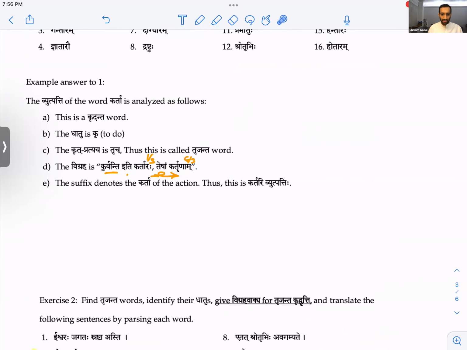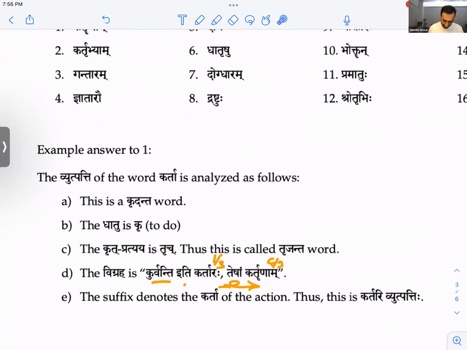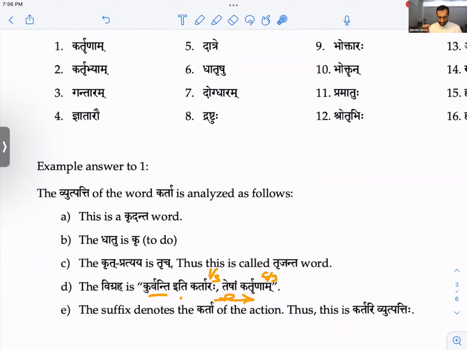So we would say dadati iti data, tasmai datre. So this denotes the karta of action. This is like kartari vyutpatti, meaning it's in the meaning of karta. So maybe we're getting this, maybe we're not.